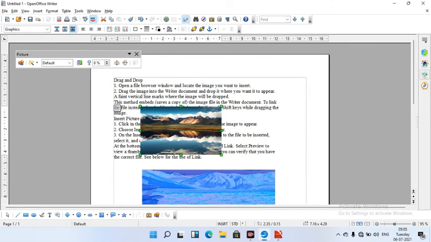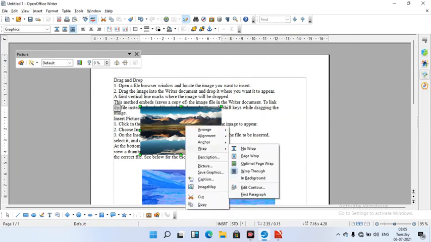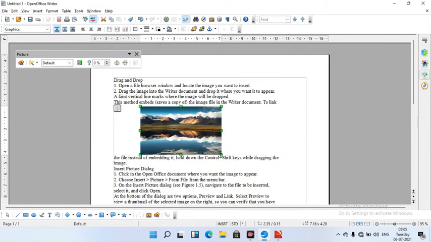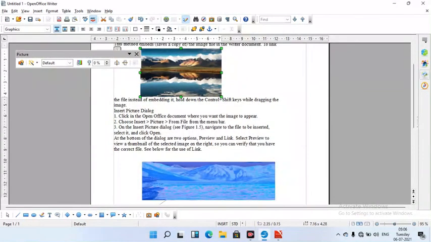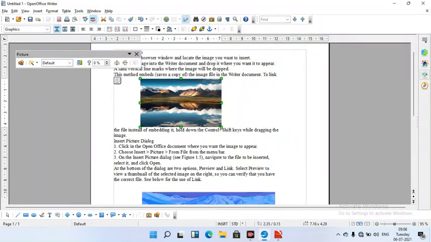Wrap through means the image is in front of the text. No wrap. Like this we can insert an image in the text, in between the text.